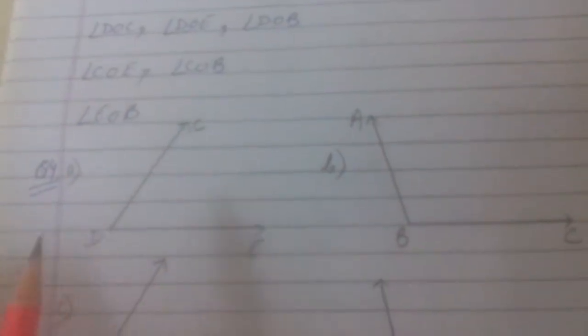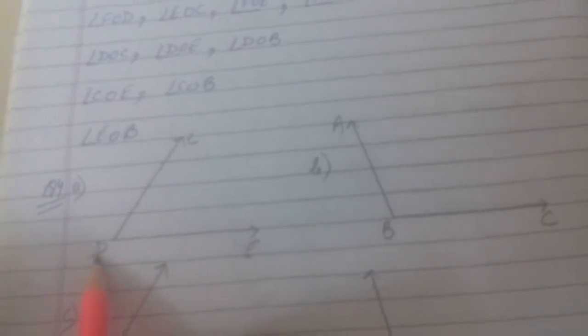Question number 4th, children. Draw the following angles. You are given an angle CDE and you have to draw the angle. So draw any shape. I mark the angle like this. So the name of the angle is given, CDE. Center point is D, that means that should be the vertex. So CDE.